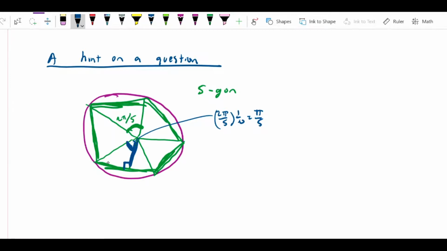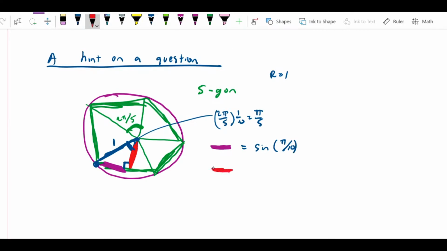We can say that first of all, since we're talking about a circle of radius 1, this blue length here is just a radius, so it's 1, because it extends from the center of the circle all the way to the outside of the circle. I'm just trying to color code this so I can describe what I'm talking about. This purple side is going to have a length of the sine of this angle. So the purple side is going to have a length of the sine of pi over 10,